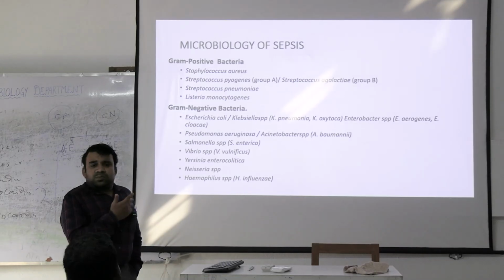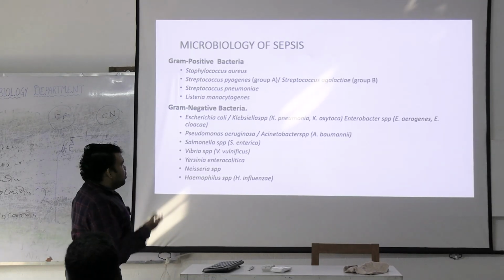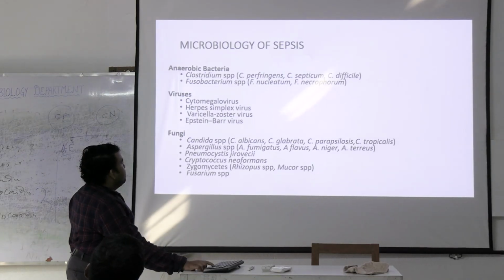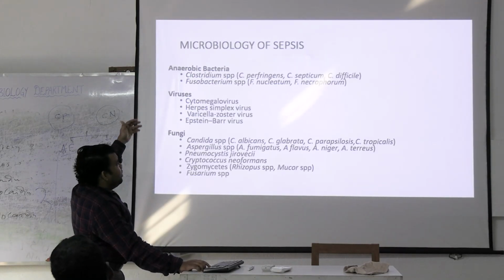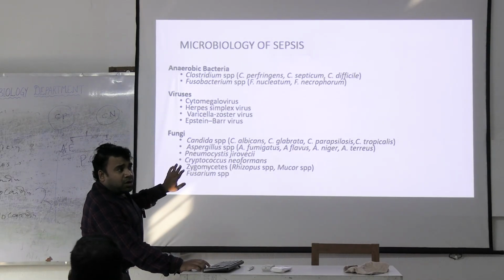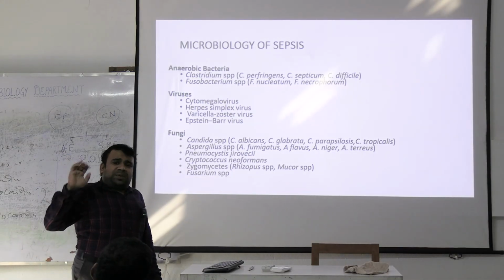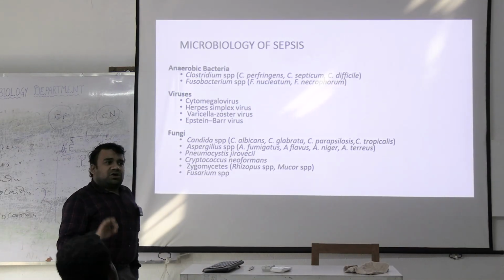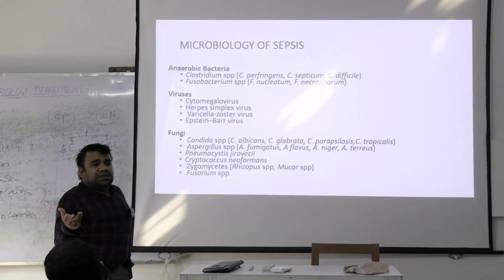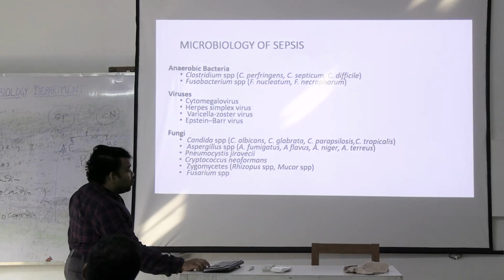দিস আর দ্য লিস্ট, আই থিঙ্ক বইয়ে পেয়ে যাবে, যত বেশি পড়বে বুঝতে পারবে। দিস আর দ্য কমন অর্গানিজমস হুইচ কজ সেপটিক শক অর সেপসিস। বোথ দেখো, গ্রাম পজিটিভ, গ্রাম নেগেটিভ, ইভেন অ্যানোরোবিক, viruses and even fungi, they all can cause sepsis. So don't think শুধু ব্যাকটেরিয়া সেপসিস, ফাঙ্গাল সেপসিসও হয়, ভাইরাল সেপসিসও হয়। ভাইরাল সেপসিস এর very common example is dengue and even কোভিডও পাওয়া গেছে।